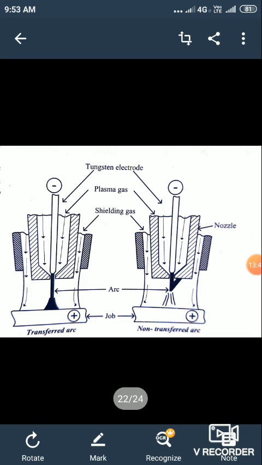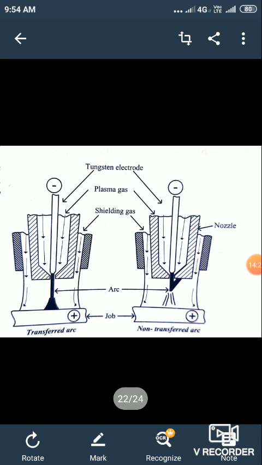Next, limitations. Huge noise occurs during the welding. So noise pollution is there. It is limited to high thickness application. High thick metals can be easily welded, but the low thickness materials cannot be welded using plasma arc welding. Okay. Frequent orifice replacement is necessary. The orifice should be frequently replaced as the plasma arc produces high amount of heat and energy. The nozzle will be damaged easily.